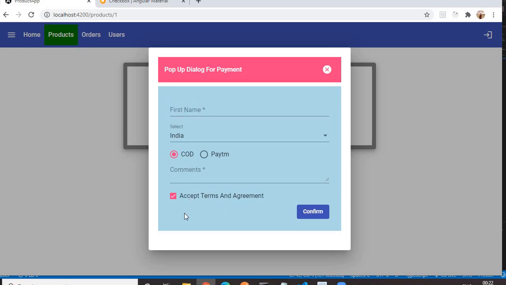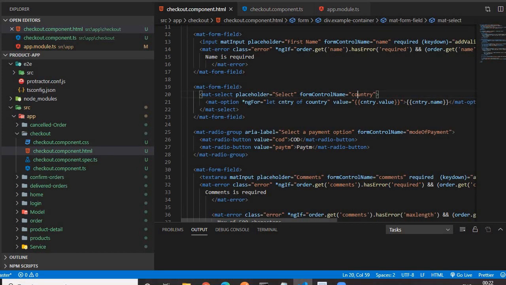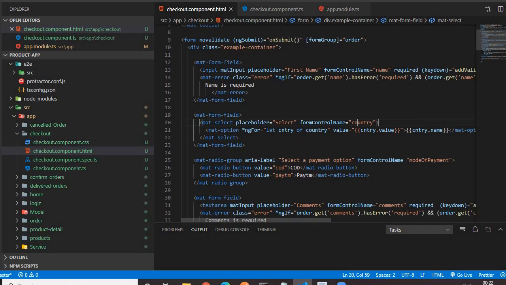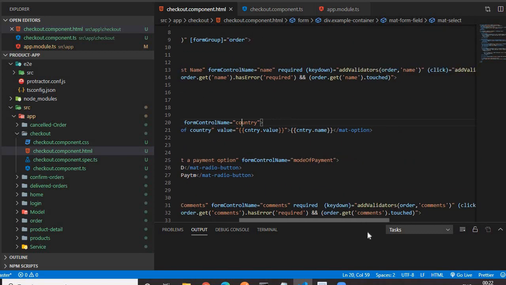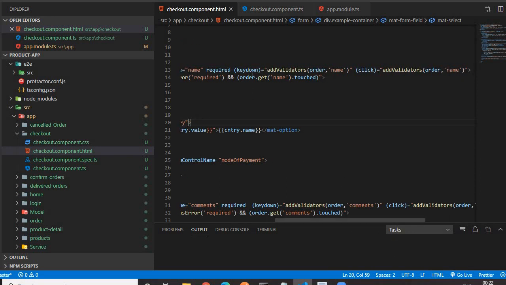So we have to attach these events to our HTML file. We need the validation for the name and comment. That's why for the name we have two events attached, the key down event and the click event, having an event handler add validator function. In add validator we are passing the form group name along with the form control name.